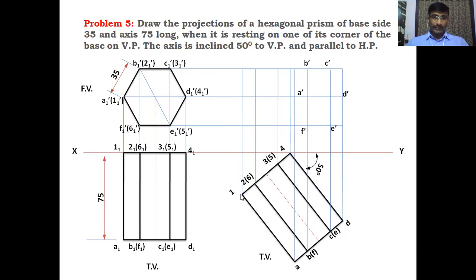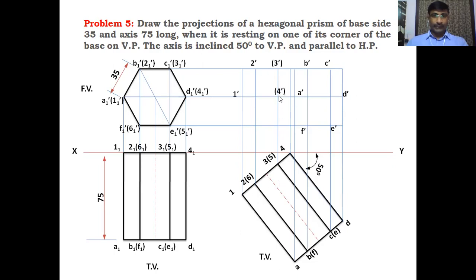Similarly, locate the base points, that is invisible base points numbers. Starting from 1, the 1 dash will be located. It is a point of intersection between 1 line and 1 dash line. This point is 1 dash. Then 2 dash. Similarly, the line coming from the 2 and 1 dash will be intersecting somewhere else. It is represented as 2 dash. And the line coming from the 3 and 3-1 dash, the intersection point is 3 dash, which is invisible point. When we're looking at the solid from this side, the 3 is invisible corner.